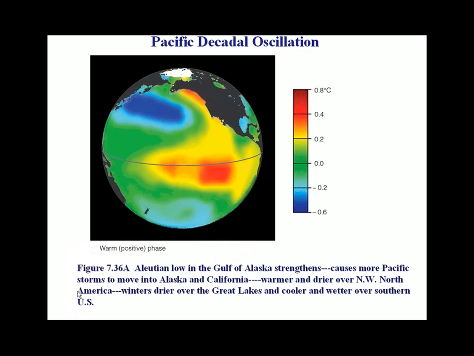When we're in the positive phase of the Pacific Decadal Oscillation, we have stronger lower pressure over Alaska. And so what happens is we begin to drive strong storms up into Alaska, California, and we begin to create this type of wave pattern. So notice that we have a ridge here, and so we have warmer than normal temperatures over the Pacific Northwest